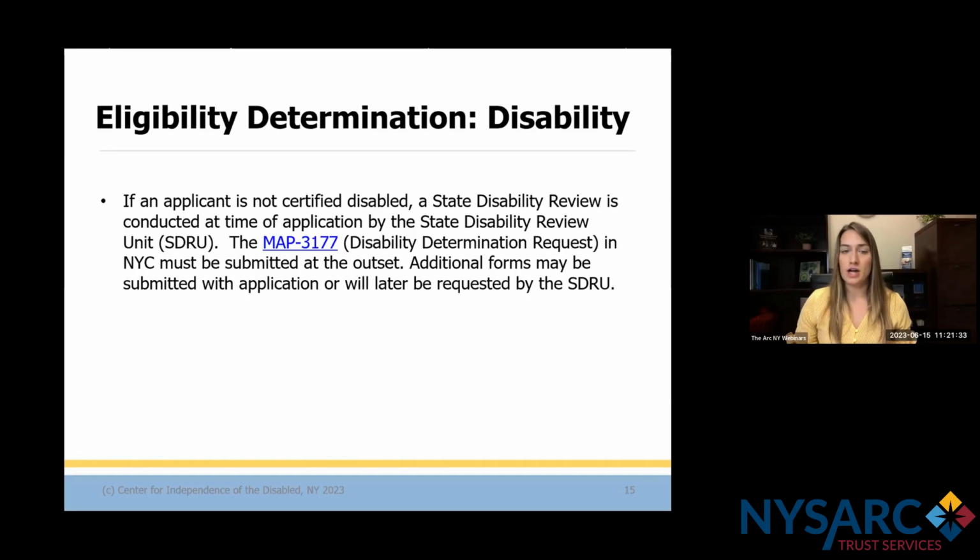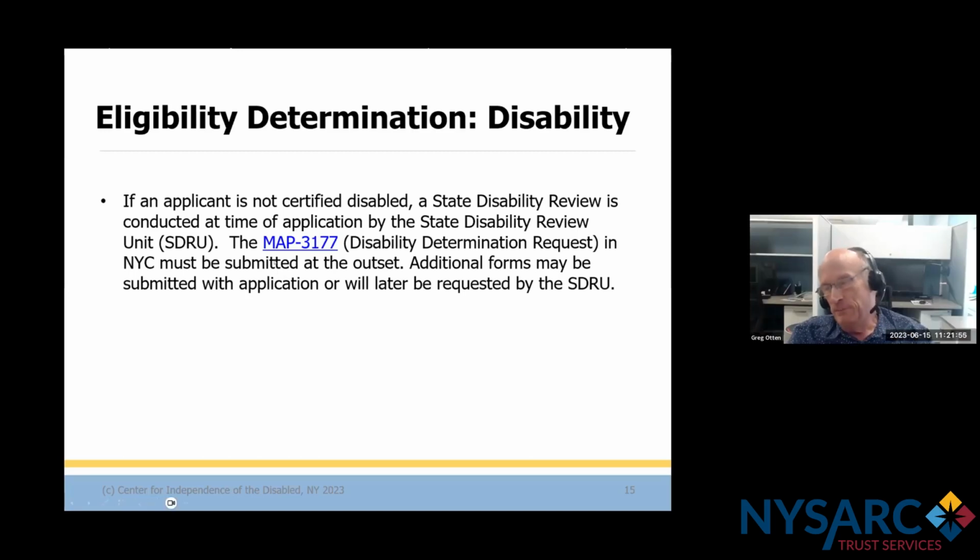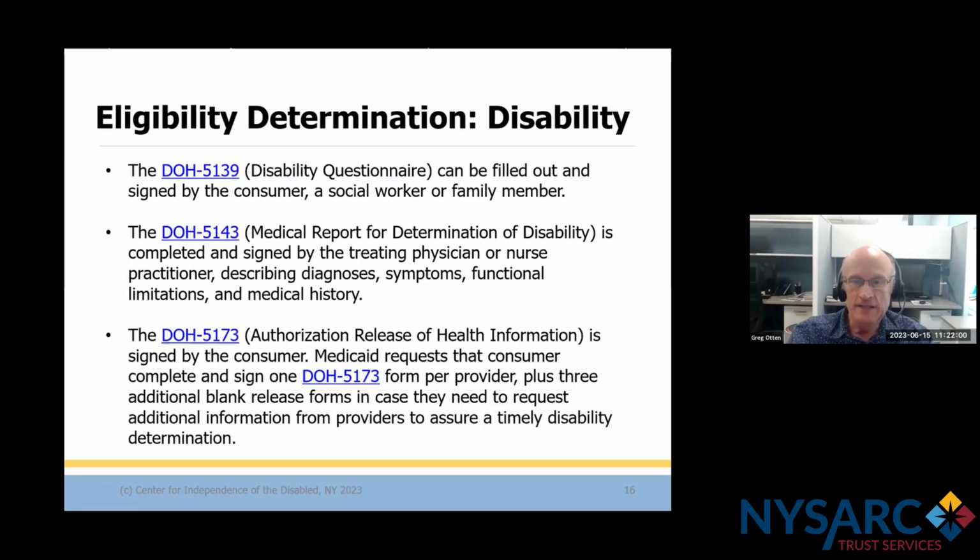Yeah, I can chime in on that. So I know the 3 forms that New York City used to use are what we still use up here in New York State. I don't know all of the names off the top of my head, LDSS something something, but you'd want to contact your local Department of Social Services and get those forms directly from them to make sure that you're using the appropriate forms within your county. Right, because MAP is Medical Assistance Program, that's city specific. These 3 are DOH forms, so I believe they're statewide.